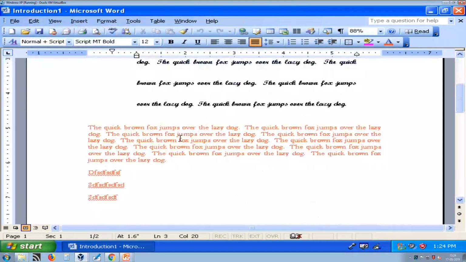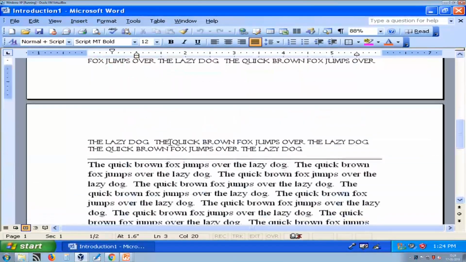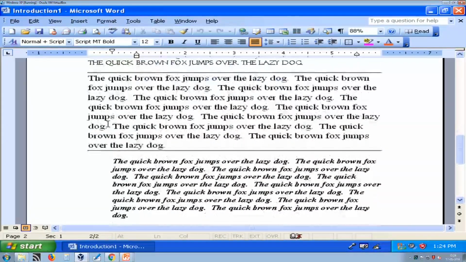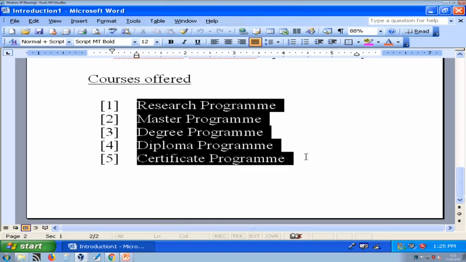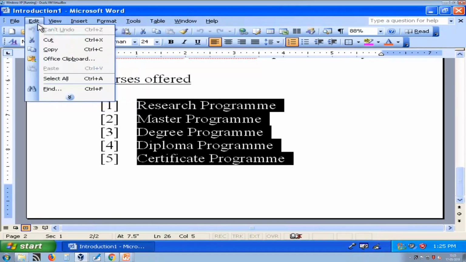So, here sometimes we require a duplicate copy of file text. So, if you want to create a duplicate copy, you can use the copy feature of Edit.